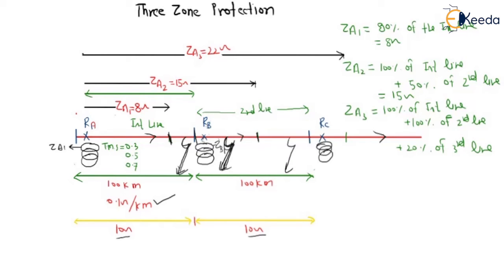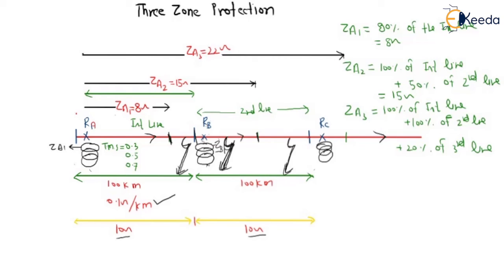Now let us assume a fault at point 3. If we see this lies in the reach of disc number 2, the second disc of relay B will move. But what happens if this relay fails? This is under the reach of disc number 3, so disc 3 will operate. And if there is an acknowledgement that a fault happened, it will clarify that disc 3 moved and the fault occurred between 100% and 150% of the line.